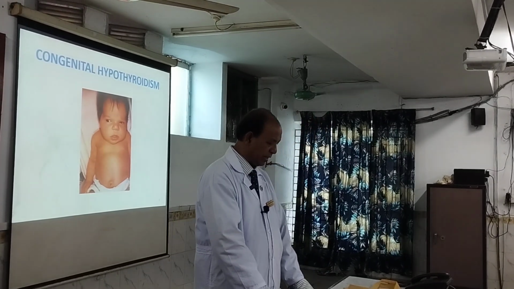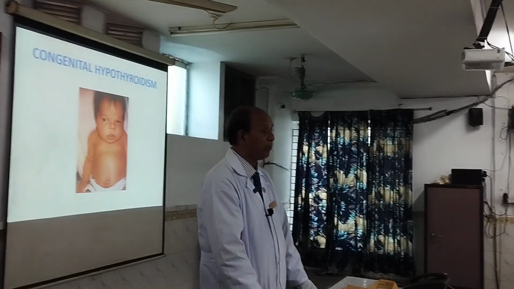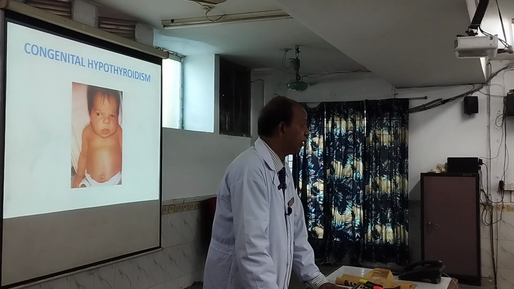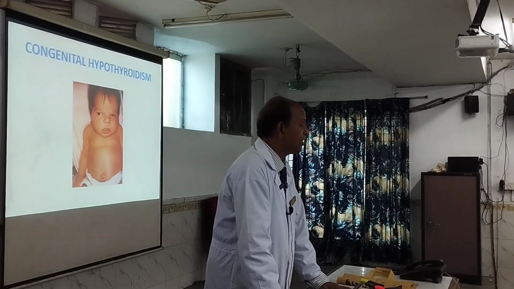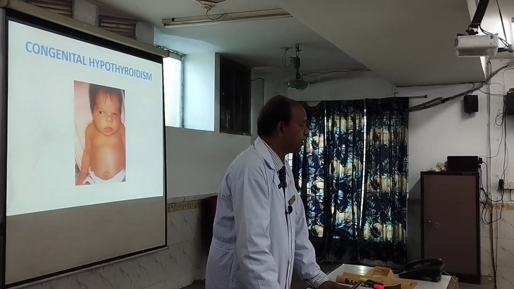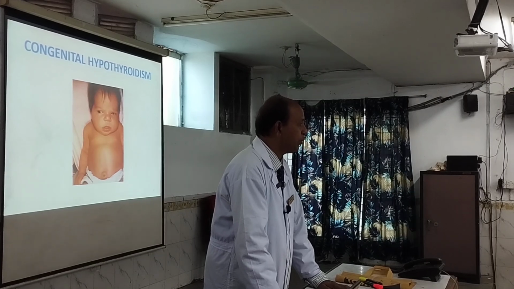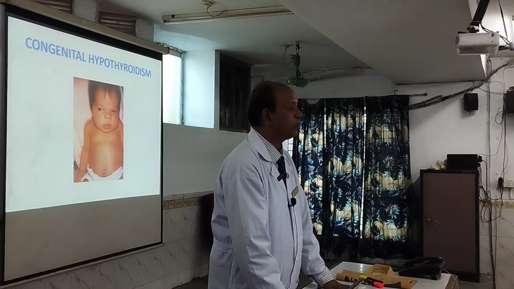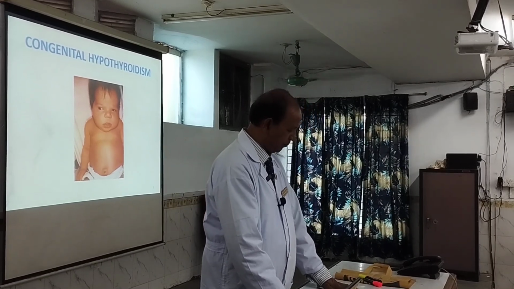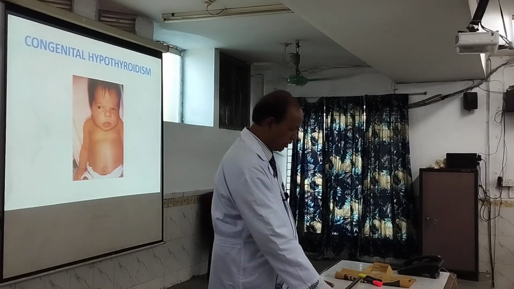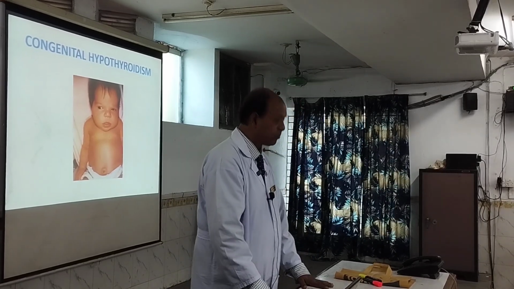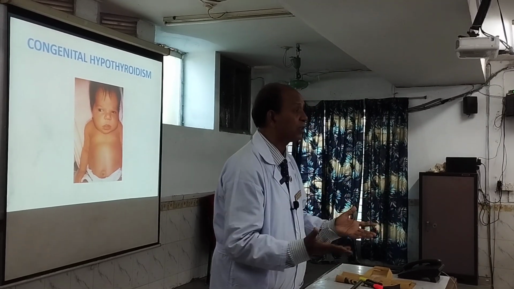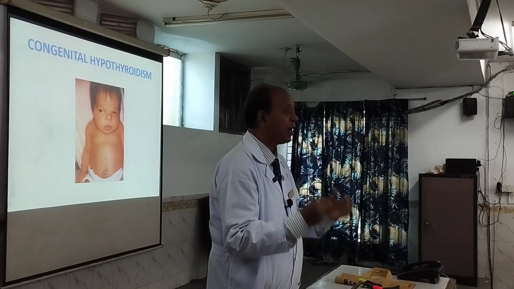Next, how is the follow up of the patient? Follow up of the patient is mandatory. Measurement of T3, T4 and TSH should be done every month for 6 months, then every 2 to 3 months for 2 years. This is the follow up. Now, what is the prognosis? If the diagnosis of congenital hypothyroidism is made beyond 3 months, then